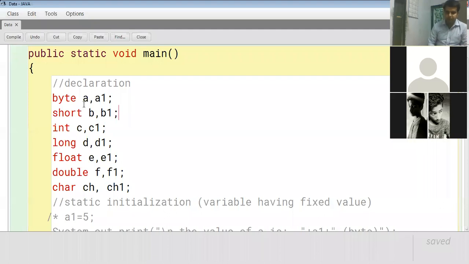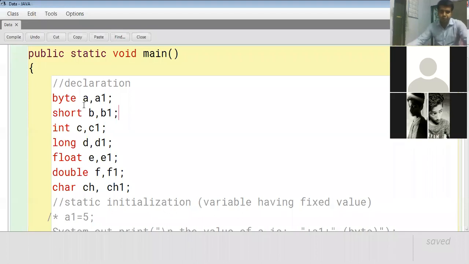Inside the primitive data type you again have types: one is integer, one is floating, and one is character. Character deals with any value which is written in single quotation. I repeat again, character deals with those values which are written in single quotation, and they are read as alphabets or letters written in the single quotation.